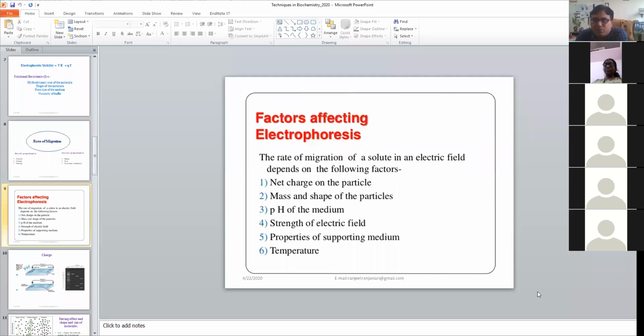Coming on to temperature, as I told, this is one of the crucial factors. Temperature should be around room temperature and should not be more than that, because most of the time temperature directly hinders the resolution of the molecule. It will interfere with the resolution of the particle which you are going to separate, and then your band will not be clear. In case of SDS-PAGE, temperature is directly correlated with cracking of the glass plate, and you all might know that the glass plate which we are using in SDS-PAGE is very costly. So temperature is one of the important factors we have to take into account. It should be in and around the room temperature.